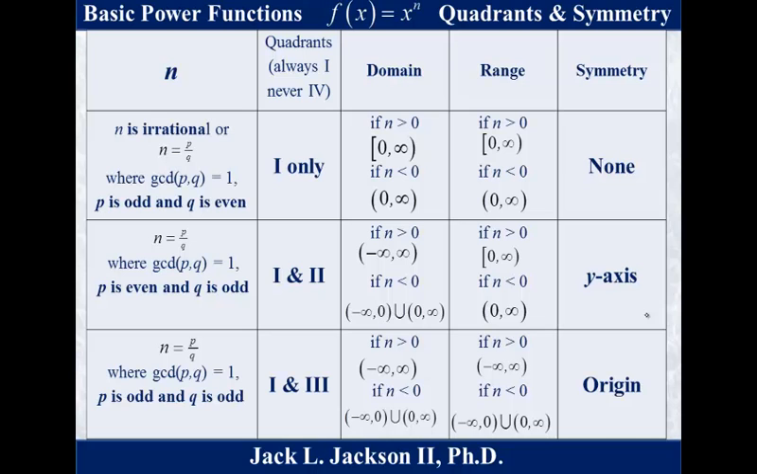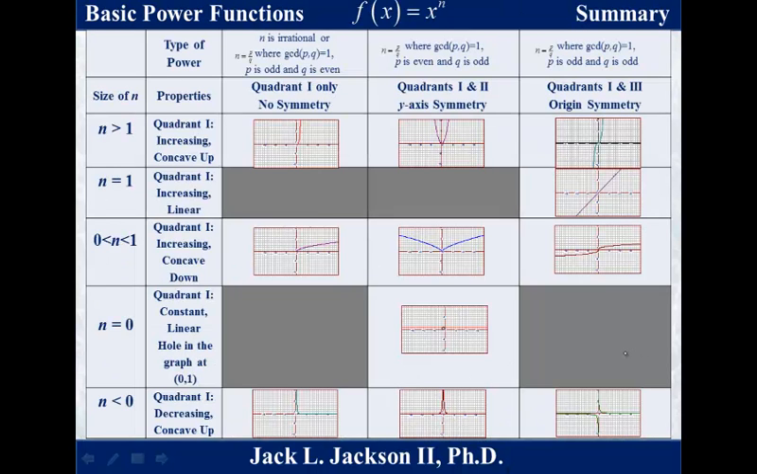The domain and range are both all reals for positive n's, and for negative n's, they're all reals except for 0. So when you put this together, there are basically 11 different possible shapes, and here they are. So again, the powers, each row has a different size of the power. At the top we have the positive powers, so in quadrant 1 those are all more or less the same,